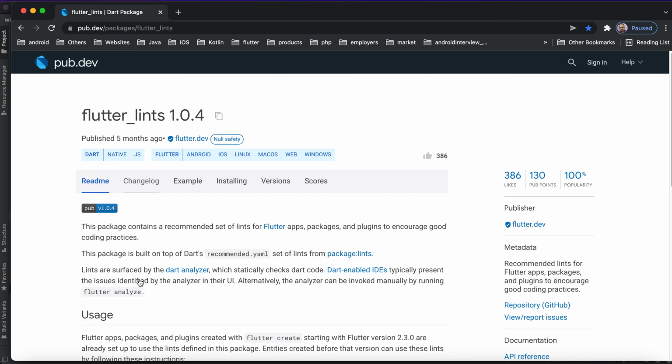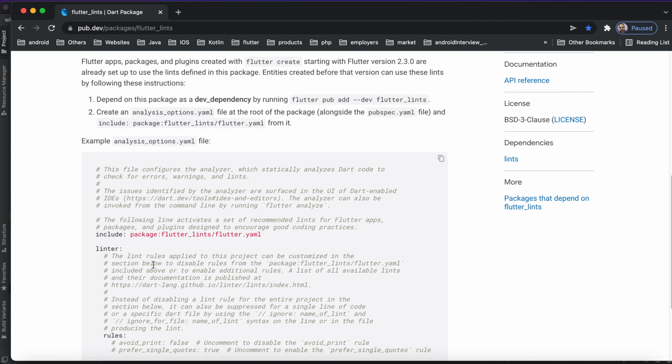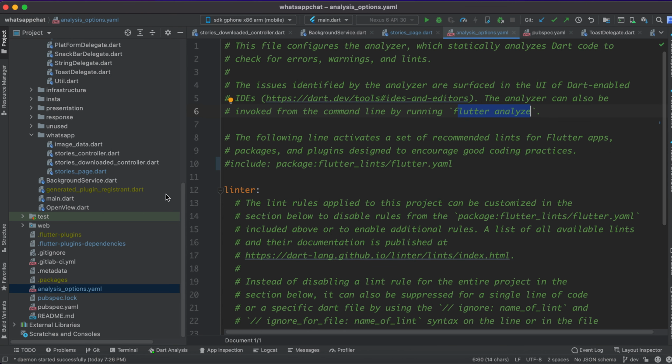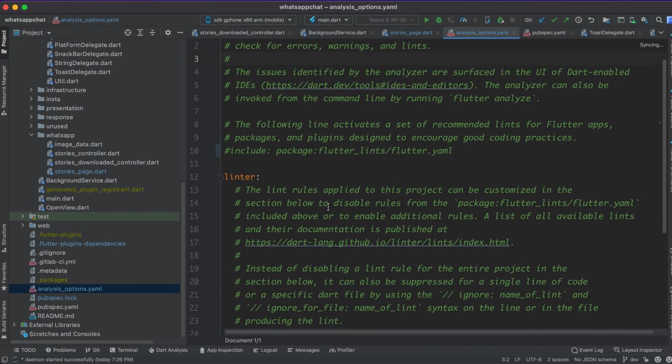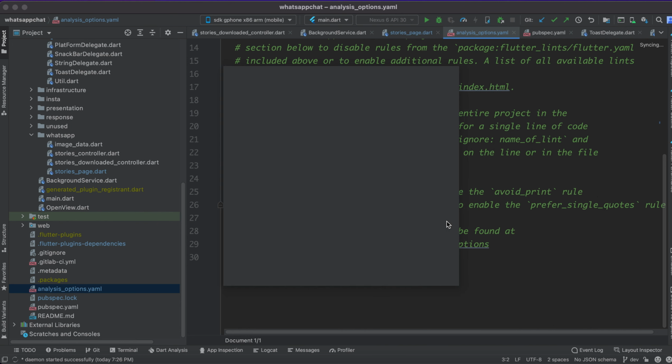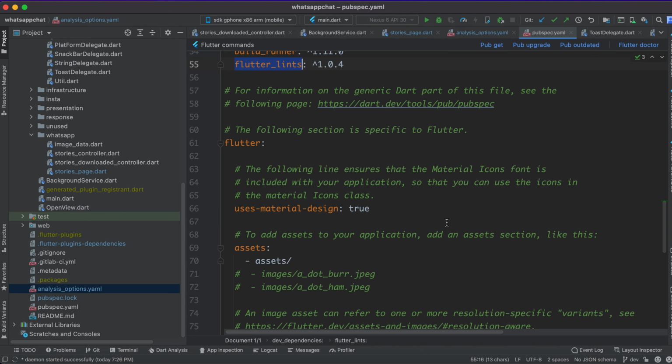Whenever you go there, they will provide this file also. You just copy and paste it, create a file and paste it here. After that it will automatically provide the default rules, and if you want extra rules, you can mention them here also. That is another thing, but first I'll show you what changes after implementing this and what hints Flutter provides us.